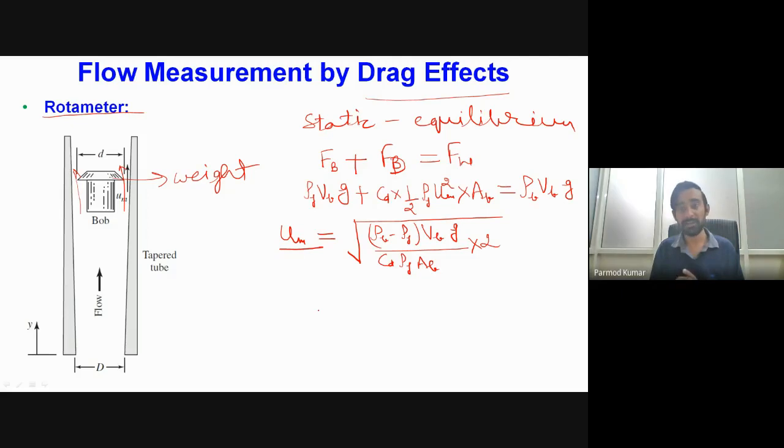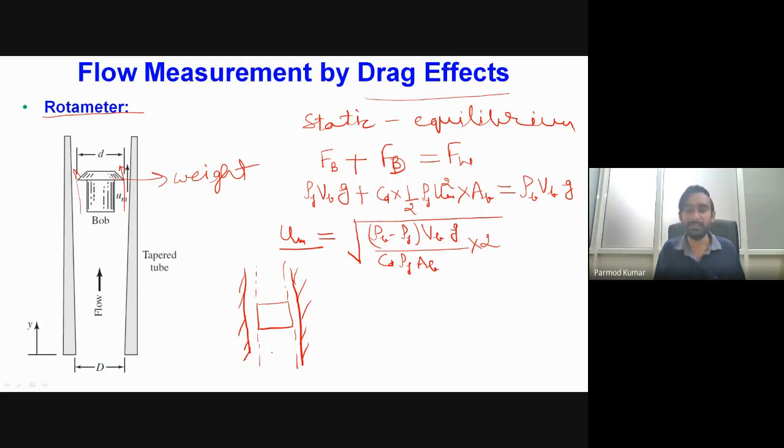Okay, so now here comes one important point: why are we considering the tapered tube while constructing this device? Why are we not going for the straight tube? So what will happen in case of a straight tube? We will always have the fixed cross section around our floating object. Consider this as my constant cross section tube, and this is my floating object. So now you can see that wherever we go, we have nothing but the fixed cross section.